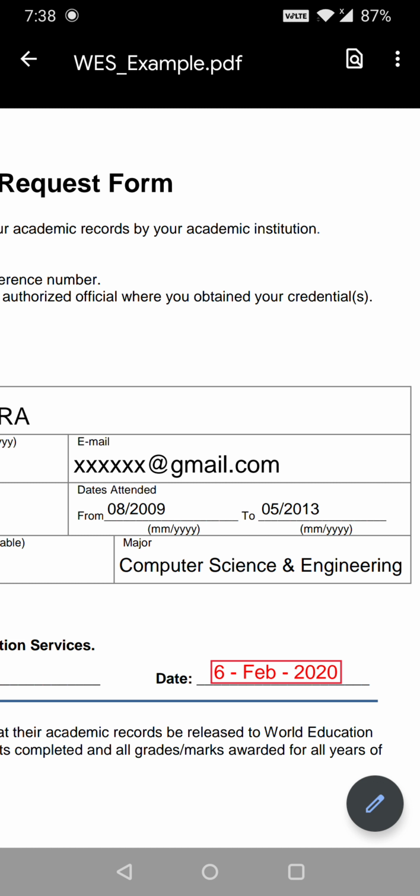The ending date should be the same whatever is mentioned on your degree. It says he has passed these exams on May 2013, so you'll be writing May 2013. And the from date, write the year. Obviously you'll be knowing the year, and the month would be approximately September or August. If you still want to be sure about it, you can check your transfer certificate issued by your college and write the exact month in that.